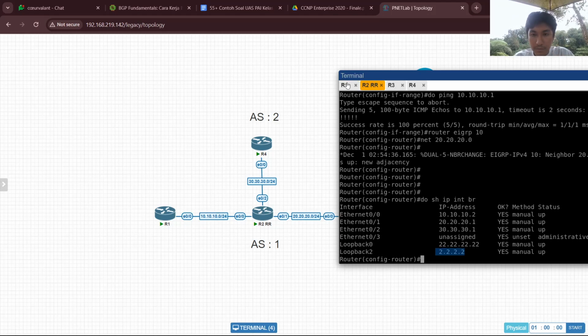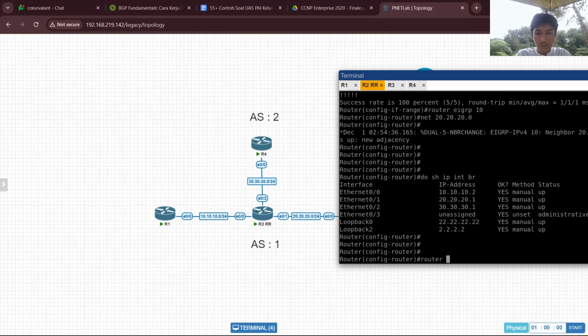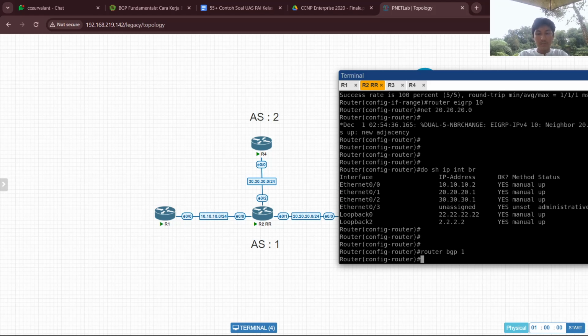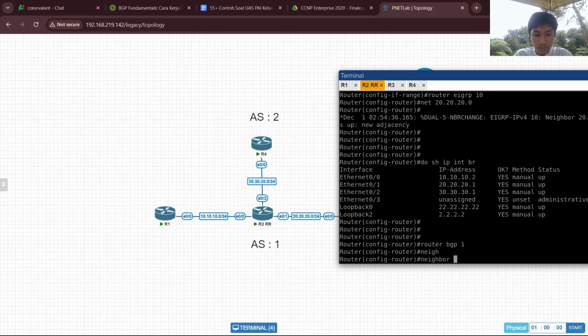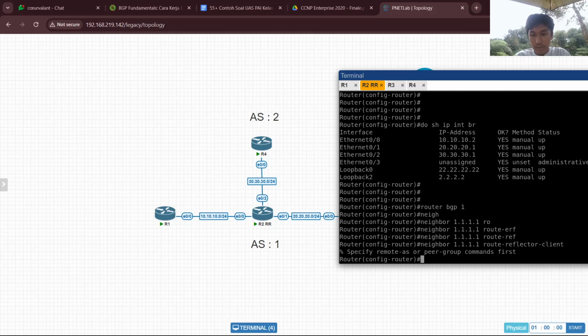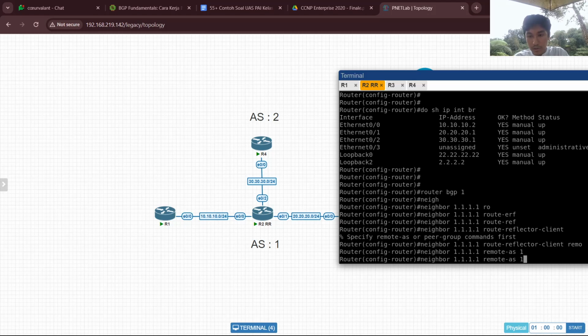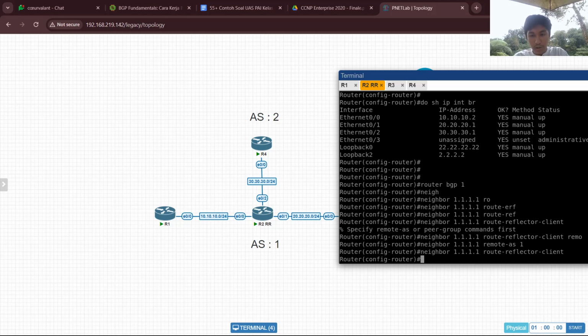Now we move to this router, BGP 1, neighbor 1.1.1.1 route reflector client, remote AS 1, route reflector client.